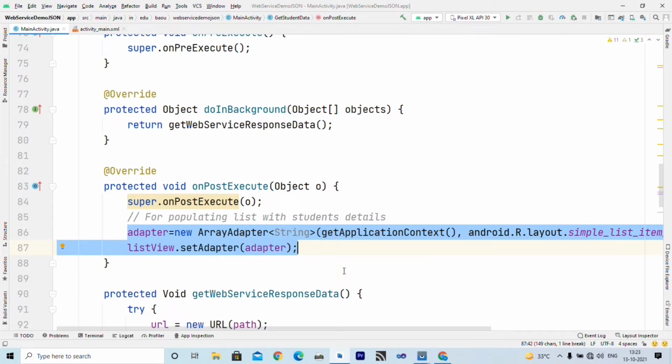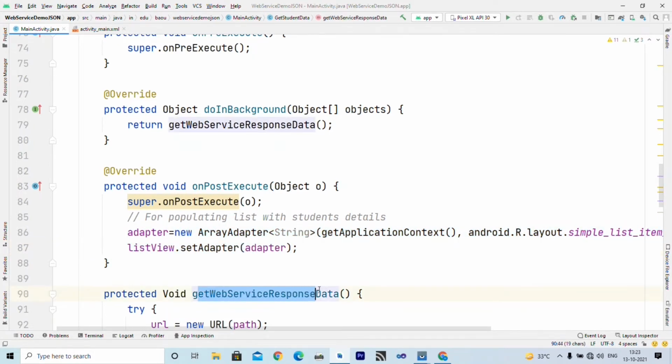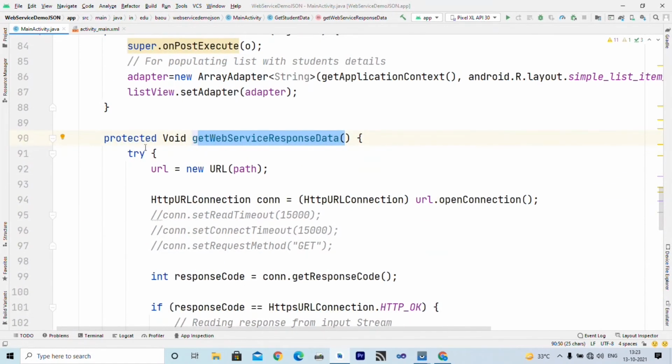But the heart of the coding is this getWebServiceResponseData. Here you can see its return type is void, and inside this we write try catch. Why? Because if data is not found, or JSON data cannot be parsed, then it throws an exception.